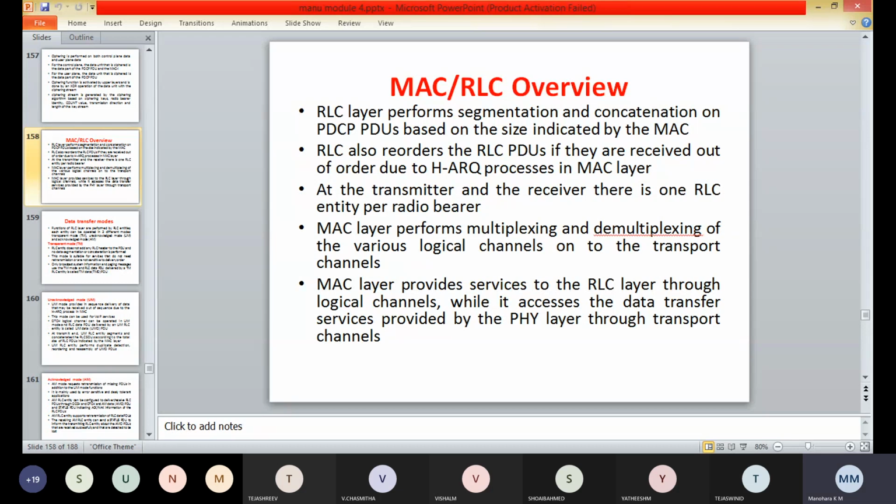The UM mode can also be used by delay sensitive and error tolerant real-time applications such as VoIP. The DTCH logical channels can also be operated in the UM mode, and the RLC data PDU delivered by a UM RLC entity is called the UMD PDU.